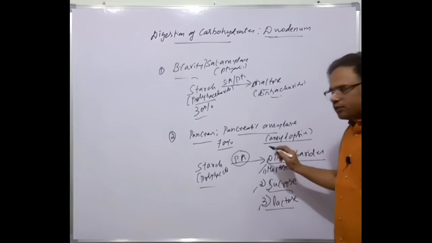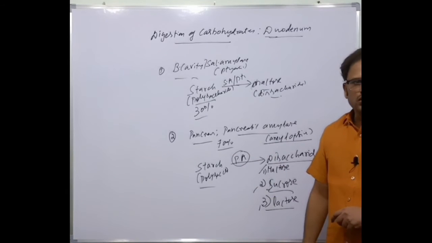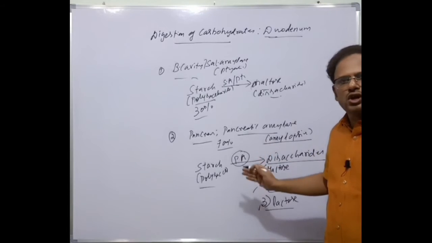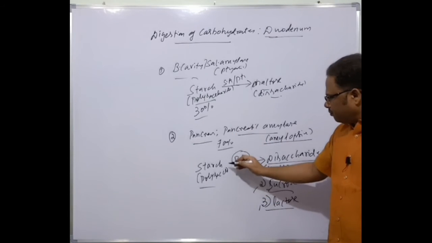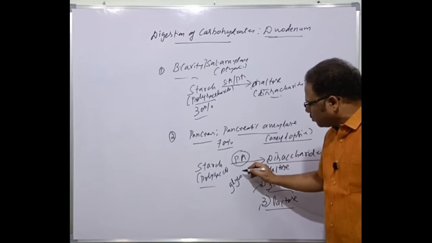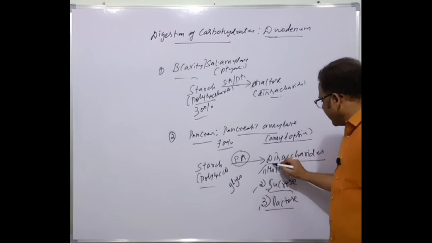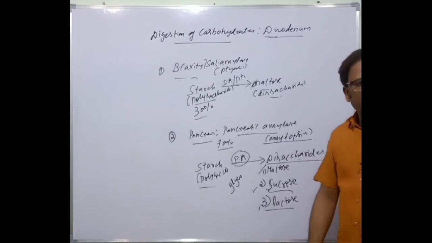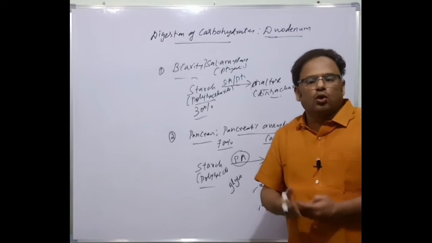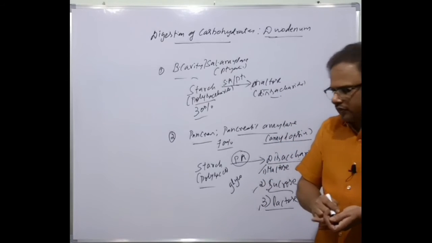Now these must be broken down further into monosaccharides because they are disaccharides. In the case of proteins, the peptide bonds must be broken, whereas in the case of carbohydrates, the glycosidic bonds must be broken. Here only the three types of disaccharides are formed. So these disaccharides must be broken down into monosaccharides. The monosaccharides are the end products of carbohydrate digestion. How this occurs, let's discuss now.